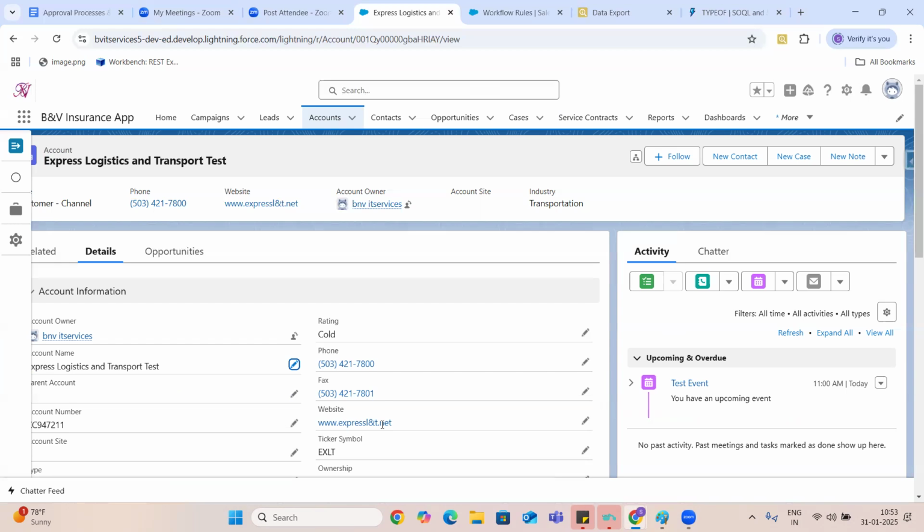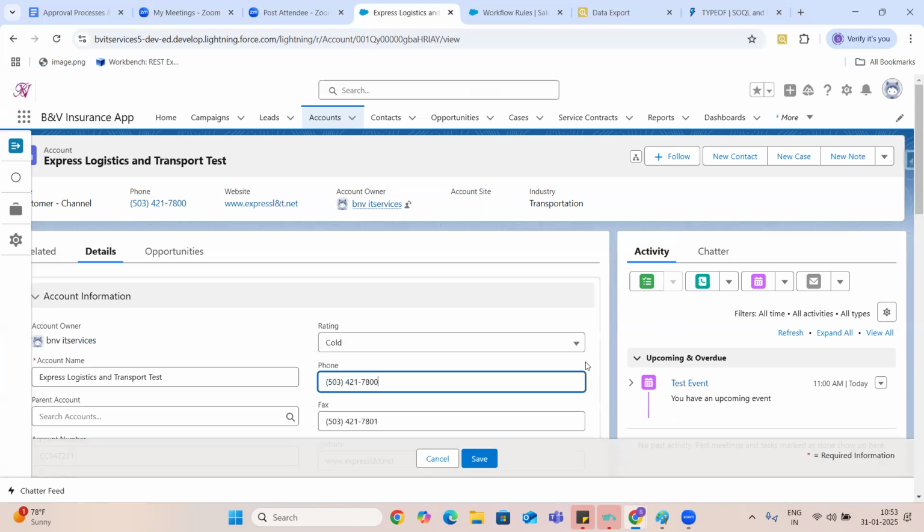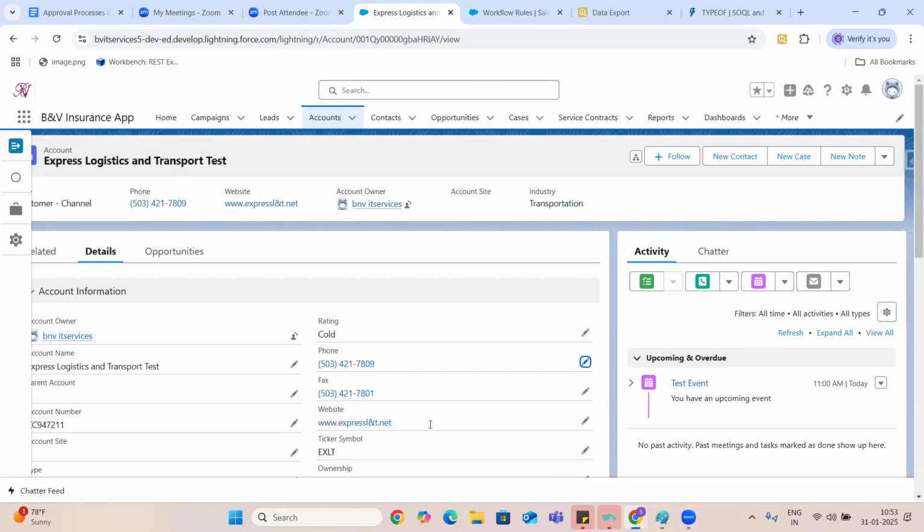And again, if I click on edit for some other fields, I haven't touched this name field. I have edited something on the phone number and click on save. Then this time the workflow will not fire because you haven't edited this field to meet the criteria. That means if you edit this particular field, then only it will check the criteria and then perform the actions.